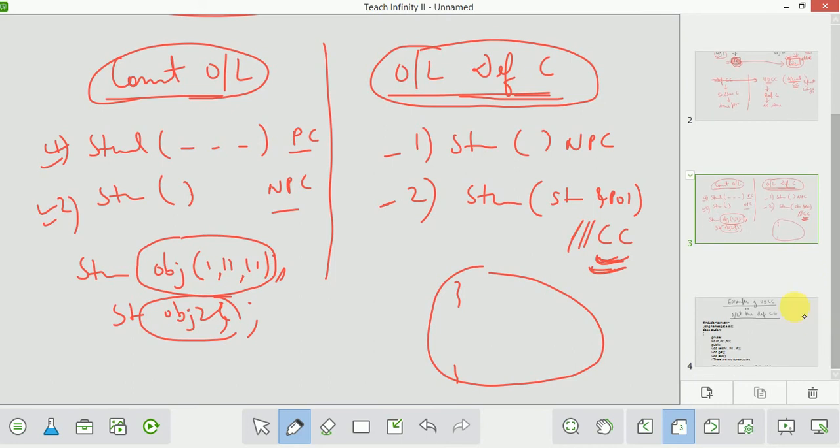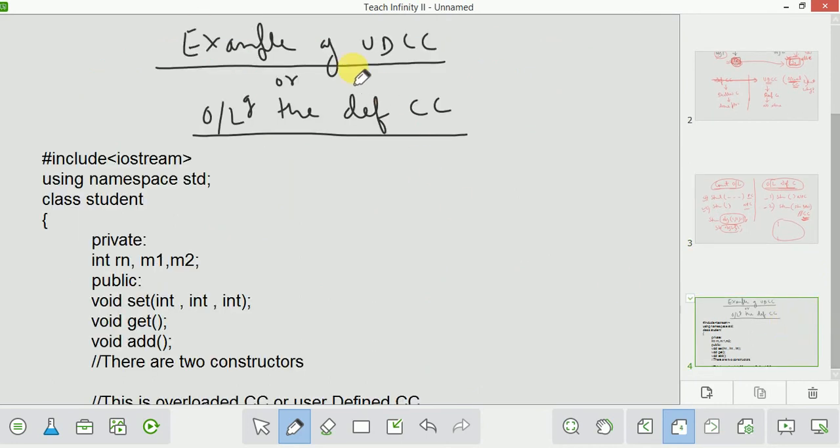Now let us see an example of overloading the default copy constructor, or the user defined copy constructor. Overloading the default copy constructor means that we are replacing the default copy constructor with a user defined copy constructor.